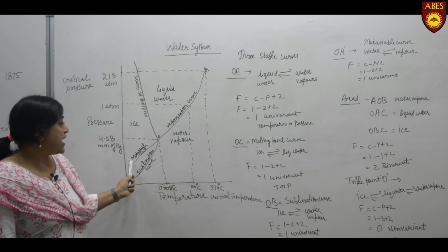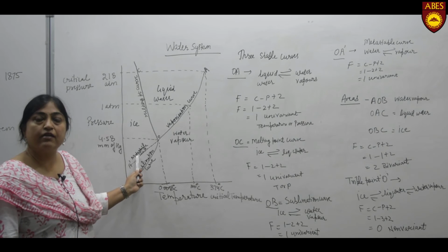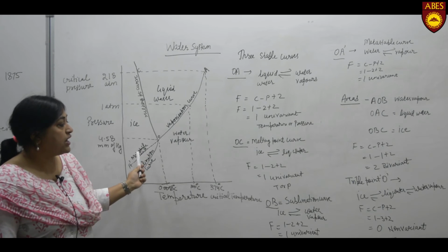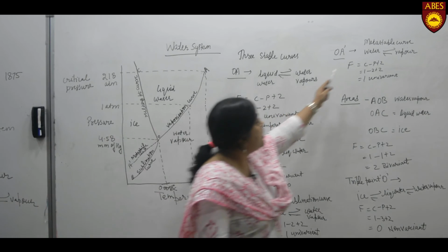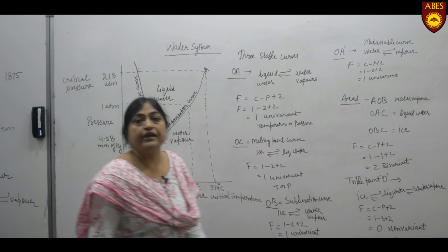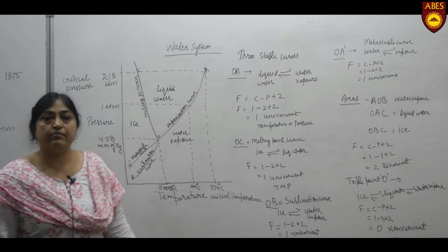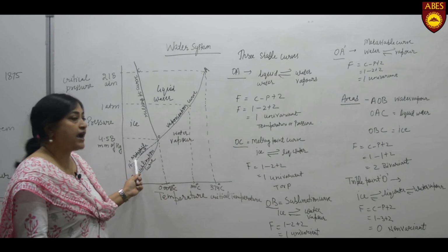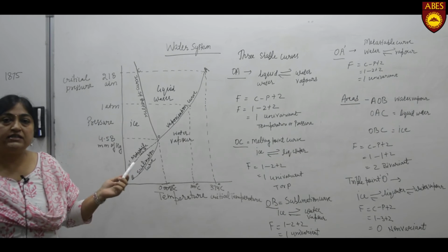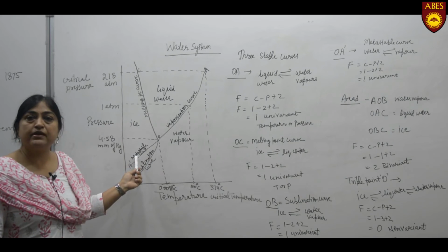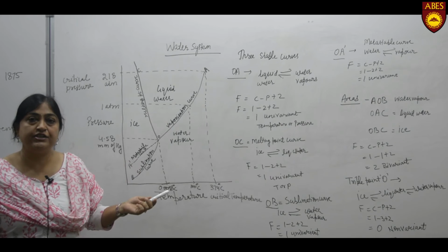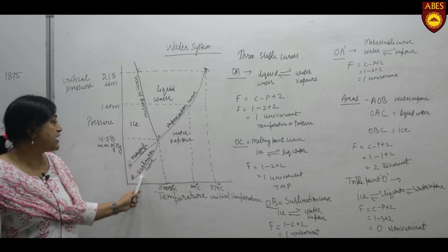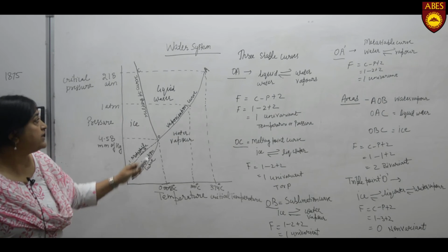This is OA dash curve, and this is known as metastable curve because it is unstable in nature, and this curve represents the equilibrium between water and vapor. Now, it is possible to cool water below its freezing point without separation of ice, and this curve represents that state only. But it is very unstable in nature, so it is known as metastable curve because even the slight disturbance in the condition changes the supercooled water to ice, and this curve OA dash will merge into this curve OB.